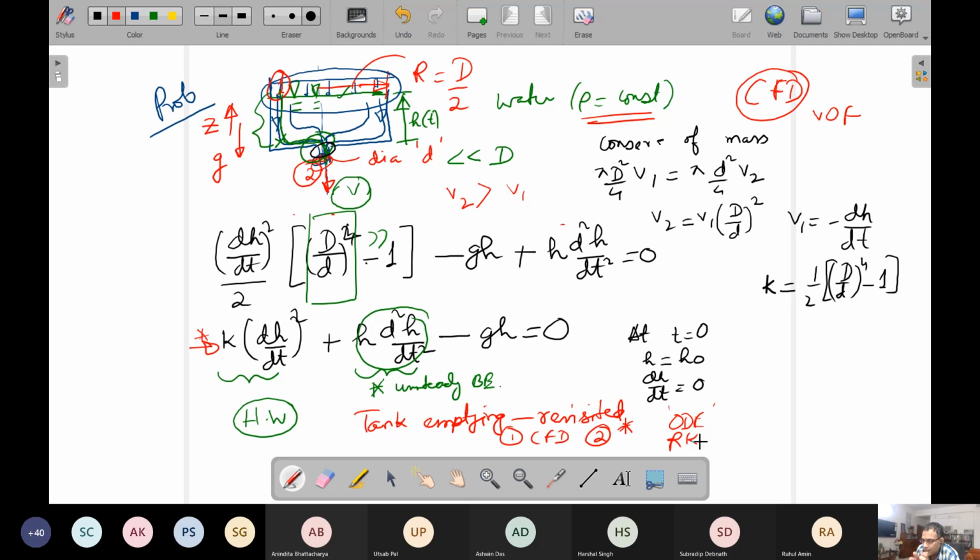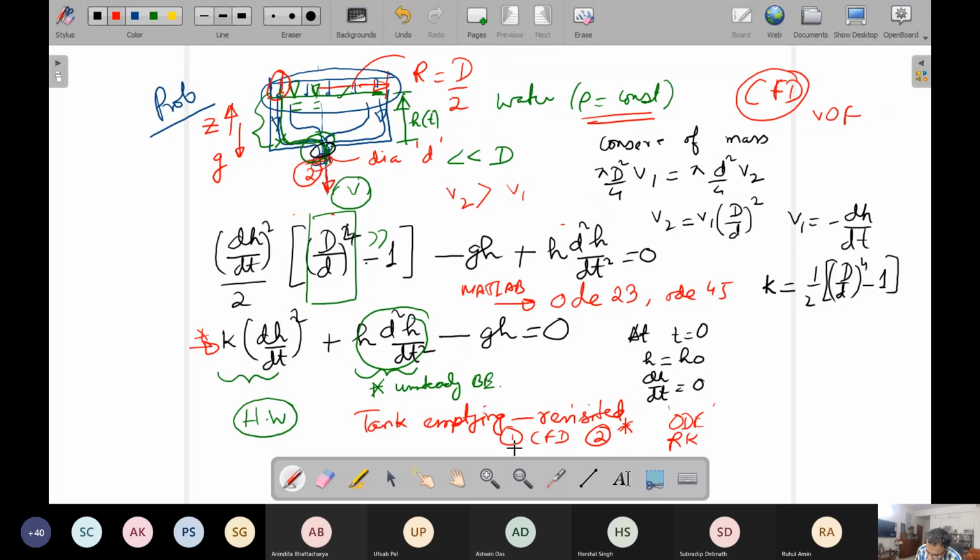MATLAB has some inbuilt functions to solve this type of equation by the Runge-Kutta method. Some of the inbuilt functions I can remember are ODE23, ODE45, like that. This helps in MATLAB, and you can see how to write a code for solving this. Otherwise, with the present ODE toolbox in MATLAB, or even any other tool like COMSOL Multiphysics, you will straight away be able to solve this equation numerically, of course not analytically, by putting in some numerical values of k, g, etc. So you can solve this and find out the characteristic and how much time it takes.